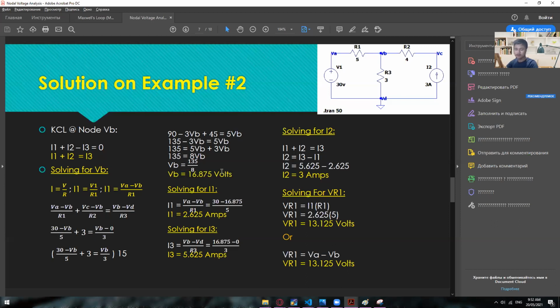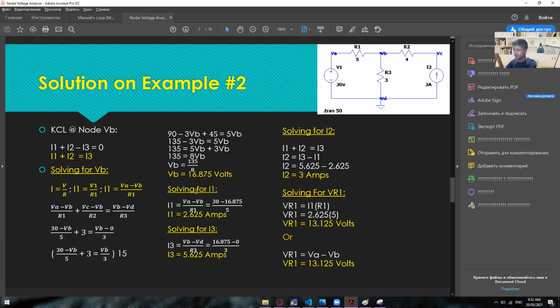So I hope you guys are using your calculator right now to verify whether this one is correct or not. So please check. Do you guys have the same result, 16.875 volts for our VB? Same, sir. Very good. So now, since we already have the value of VB, we can now solve for